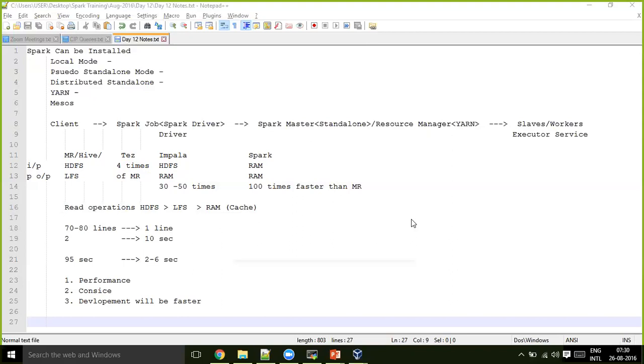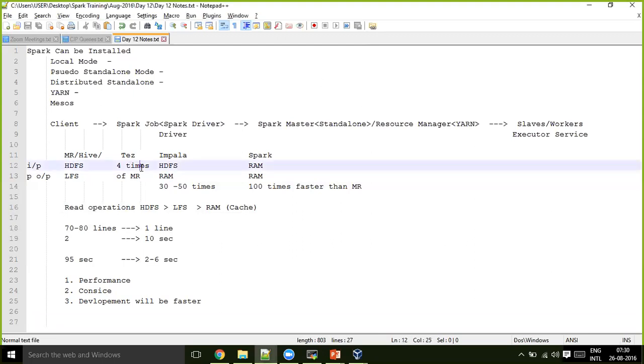Obviously, whenever you increase the RAM memory, your existing Hadoop cluster will always run faster. But at the same rate, if you increase the RAM for Spark, it runs again 100 times faster than your Hadoop. At any point of time, given the same resources, it can run up to 100 times faster.